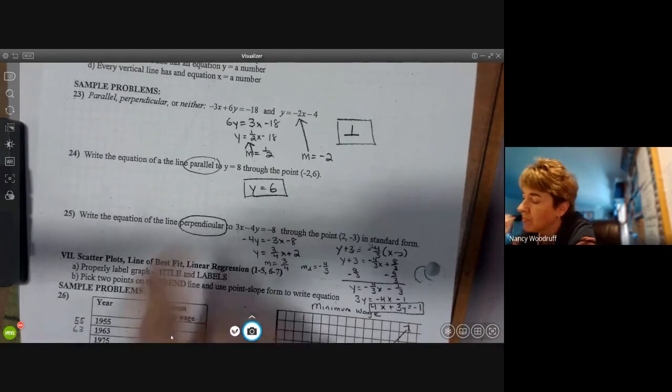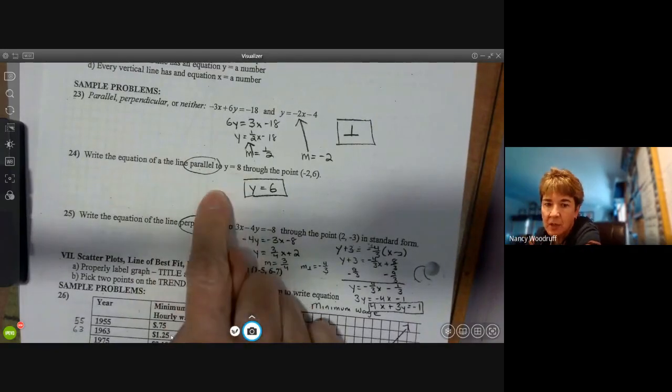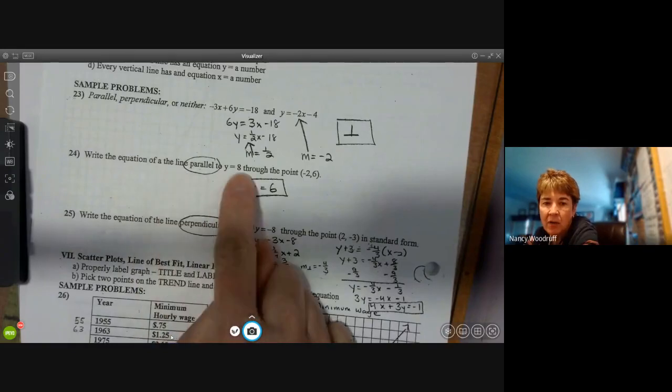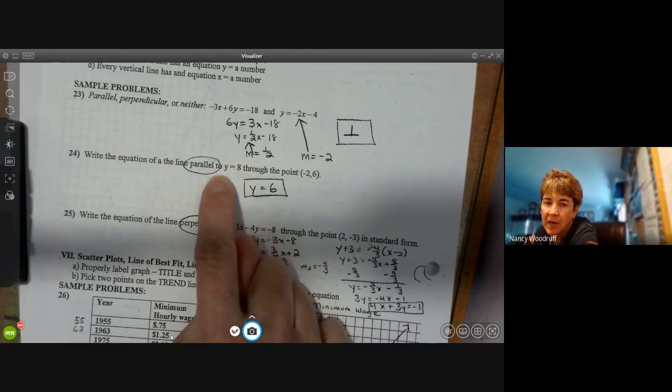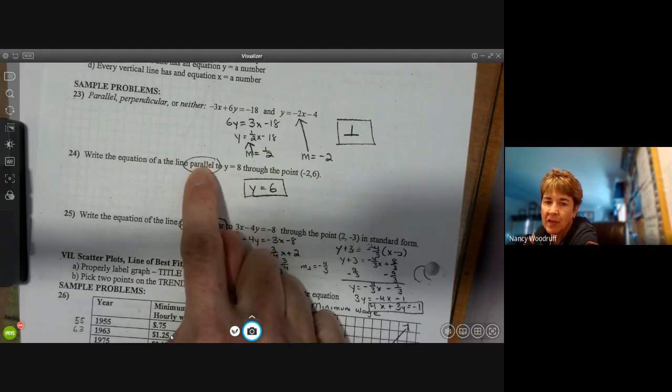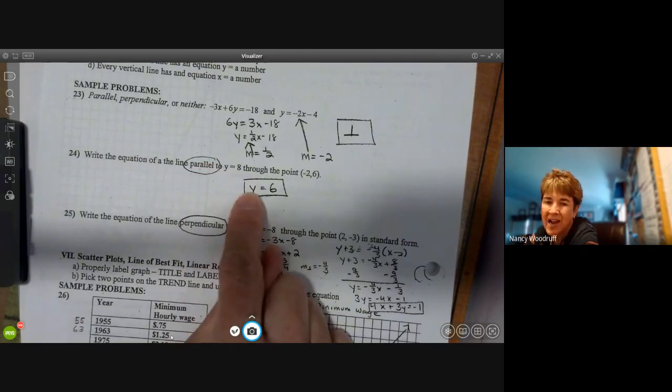All right, this was definitely the one we had the most discussion. So we want a line that's parallel to this guy. There's no X in here. He is a special case. Y equals 8 is a horizontal line. Horizontal. Parallel, another horizontal. If it's a perpendicular, we'd be talking vertical. But parallel, we're going to put a Y equals, and all you got to do